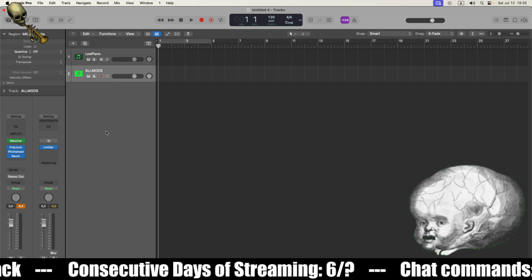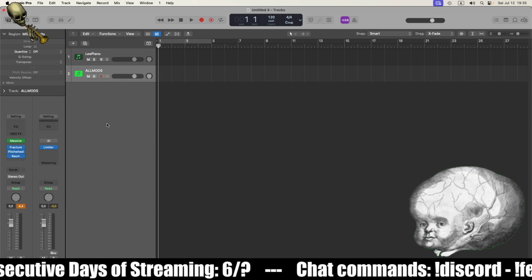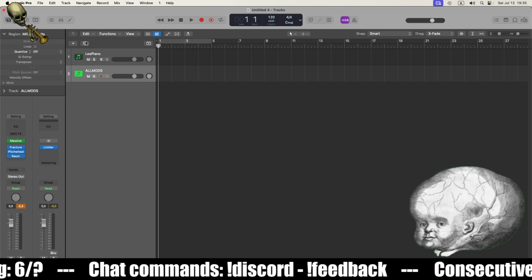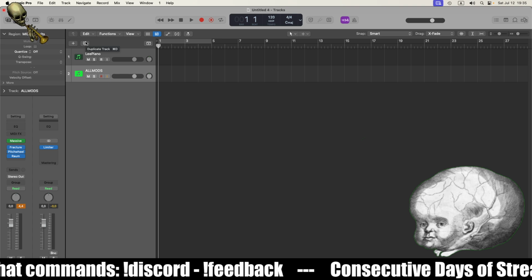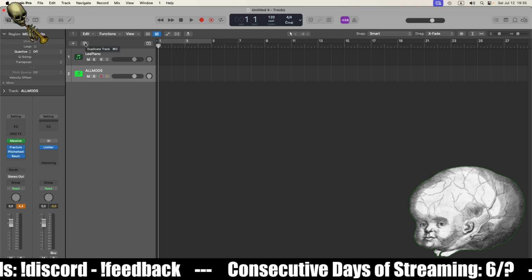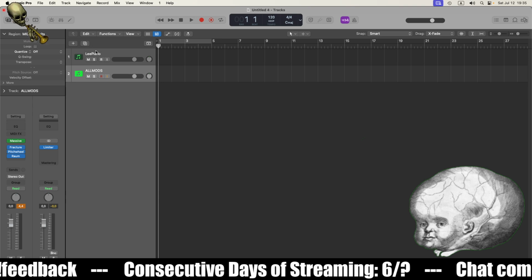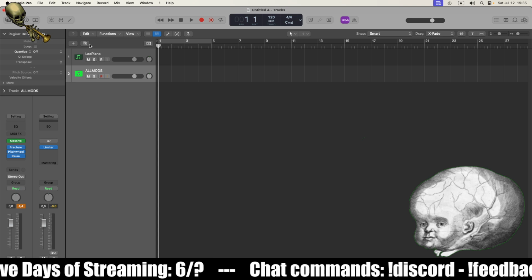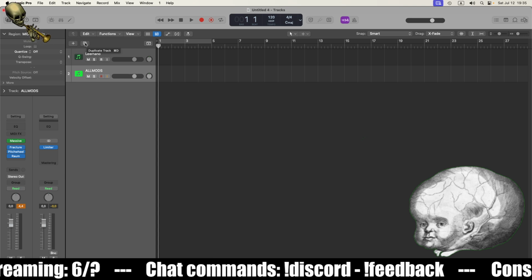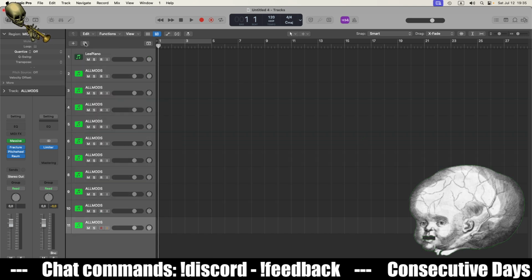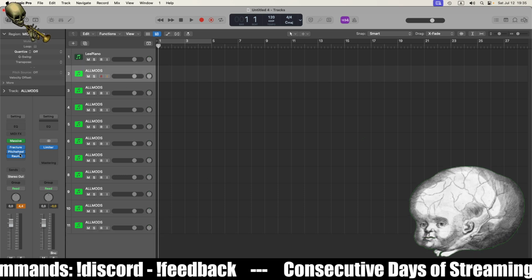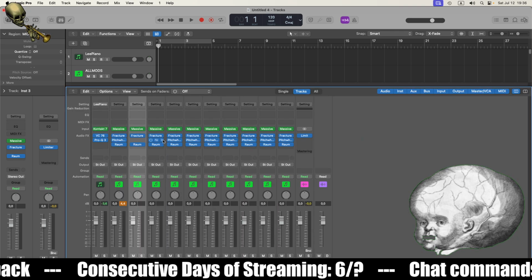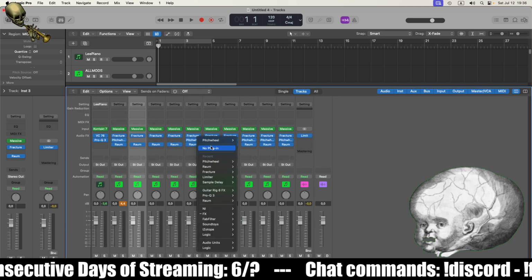Okay, let's try the following. We're going to duplicate this track 10 times, and I'm going to remove the pitch wheel in each one of those.